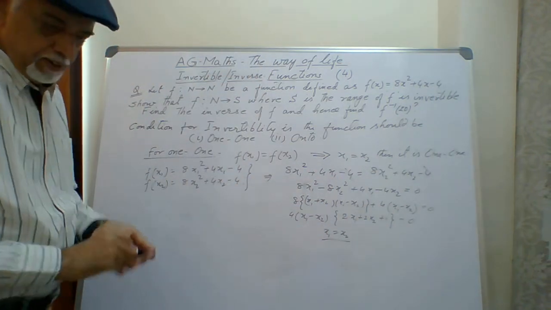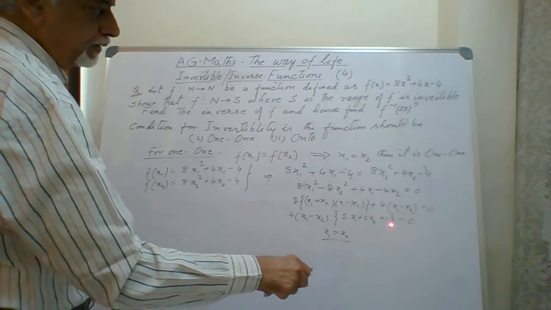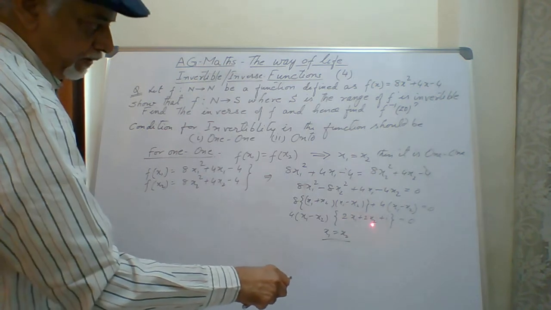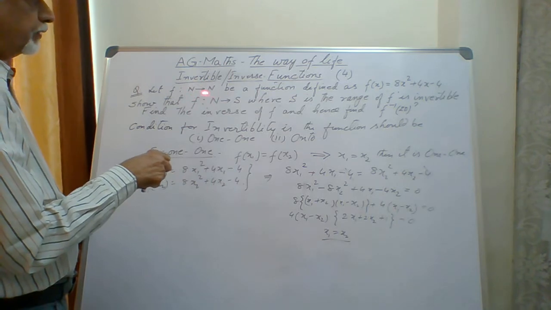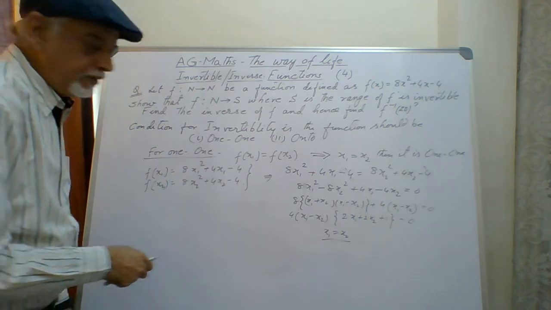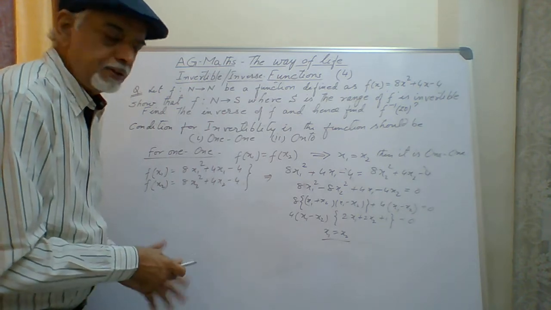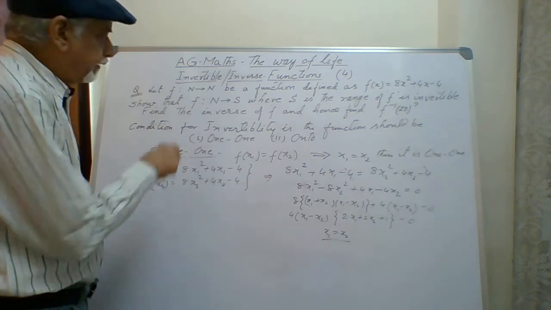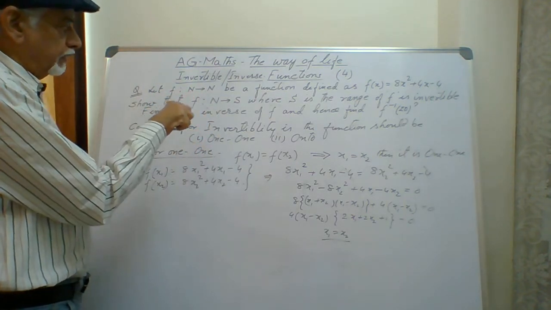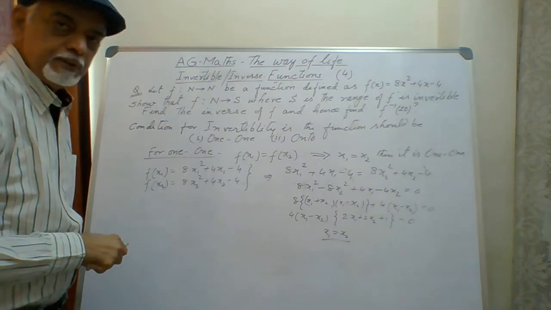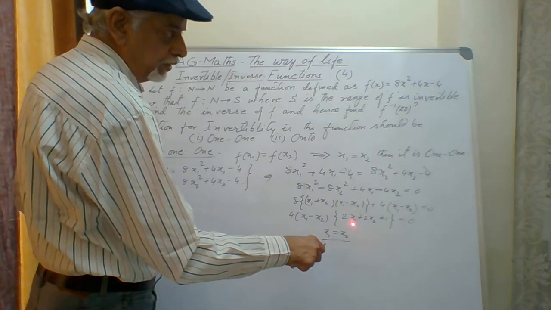But you see here, this cannot be 0. Why can it not be 0? This portion cannot be 0 because it is all addition terms. Apart from that, it is from natural numbers to natural numbers, and we know natural numbers do not have any negative values. These are all positive numbers. So whatever x1 and x2 I take from the domain, or from the range, I get all positive numbers. When I put x1 as any value in the counting numbers, it will be 1, 2, 3, 4 up to infinity.